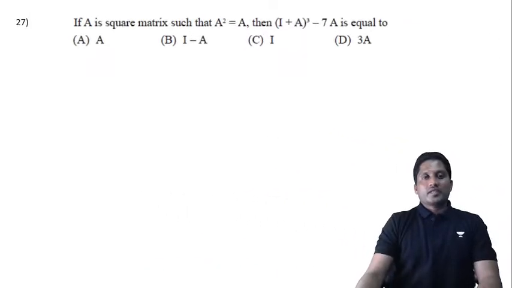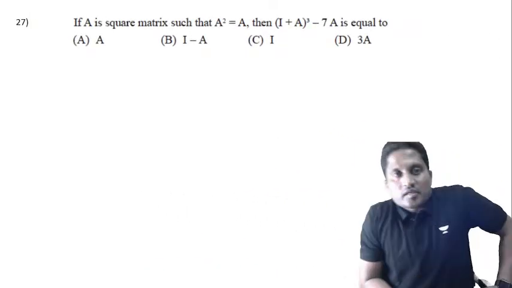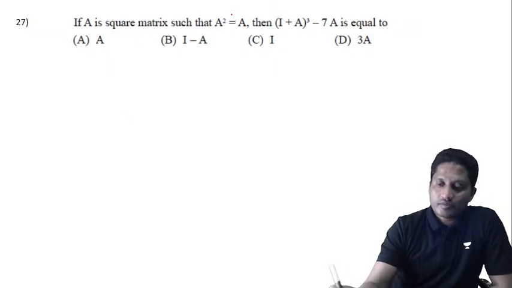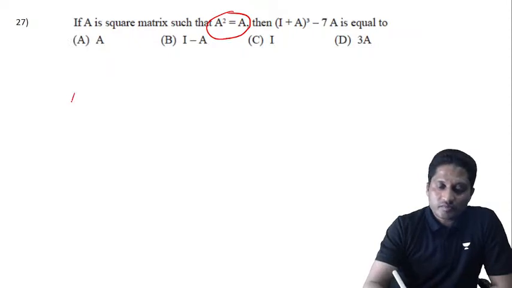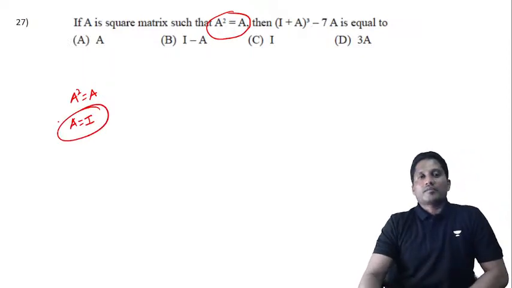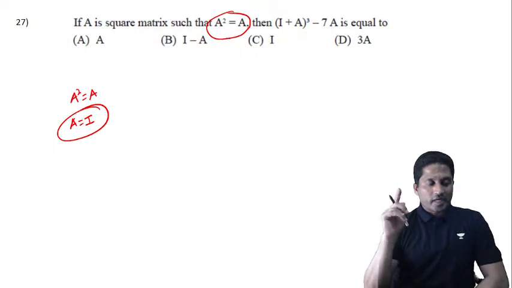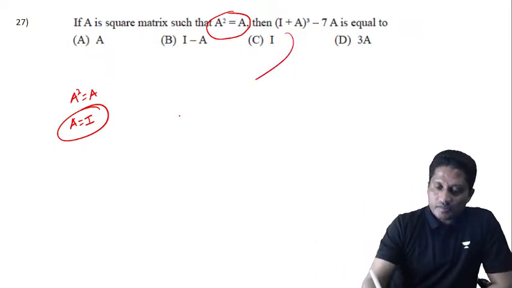Question number 27. If A square is equal to A, then what should be the value of this? See this, if a matrix is equal to its own A square, A is equal to A square, then A should be identity, right? Yes, no other matrix. If it is equal to square of its own matrix, then A should be identity only. If I substitute identity plus identity whole cube